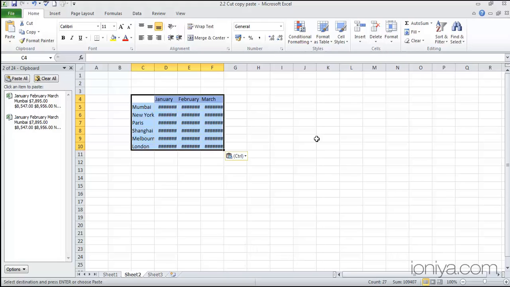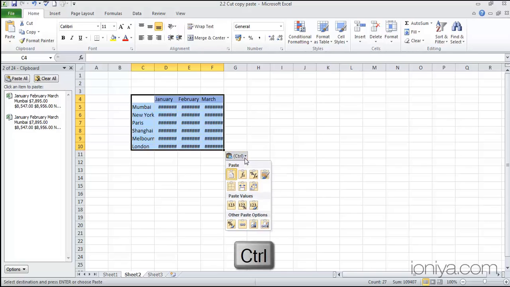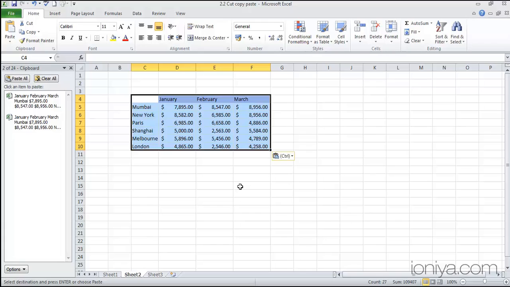Instead of adjusting the column widths for all the columns, the Paste option itself provides a solution for this. A smart tag appears at the lower right corner of the pasted range. Click the smart tag or press Ctrl. And you see a few options here. These options enable you to specify how the data should be pasted, such as values only or formatting only. Let's click on Keep Source Column Widths. Now you can see that data is copied with original column widths.